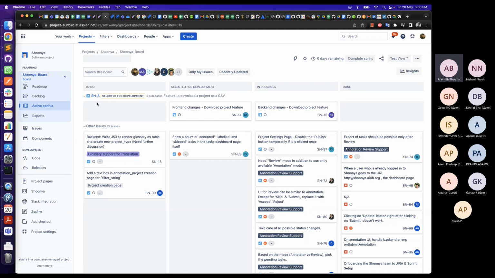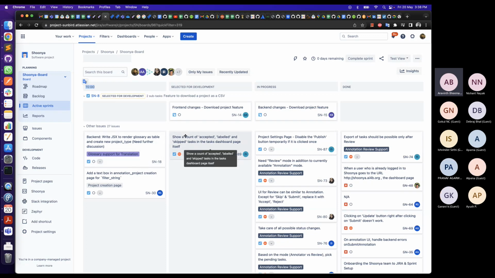What we typically do is, when a bigger project like Shoonya comes in, we put all the relevant things in as tasks and keep them under backlog, meaning they have to be done. All those things stay in To Do. As we start getting the priority list, we move them into Selected for Development.